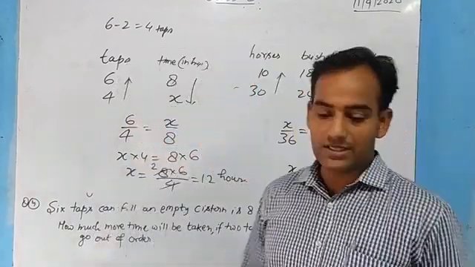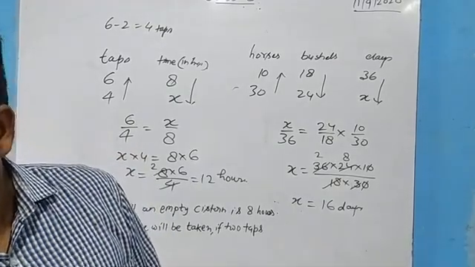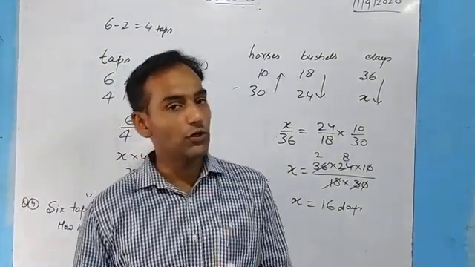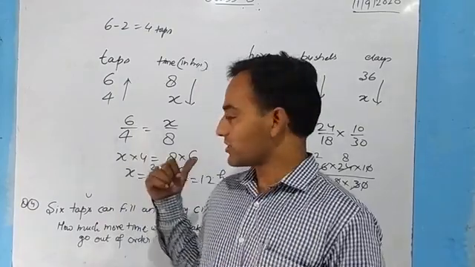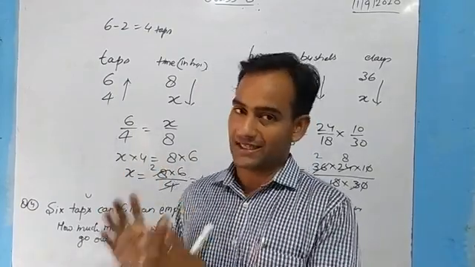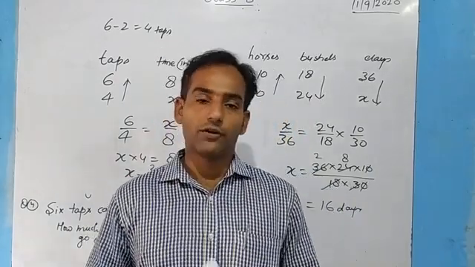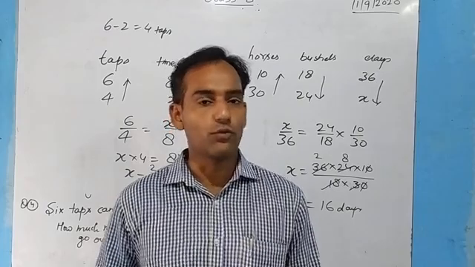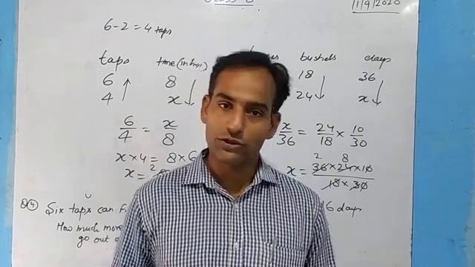Okay. This is the last exercise, I suppose, for direct and indirect variation. Exercise 10D is there. Before you start doing 10D, please solve all these examples and questions which I have told. Some questions are from the exercises, some are from the examples. For the next video, we'll come with some more interesting questions related to your examination and your books. Till then, thank you so much. See you soon.